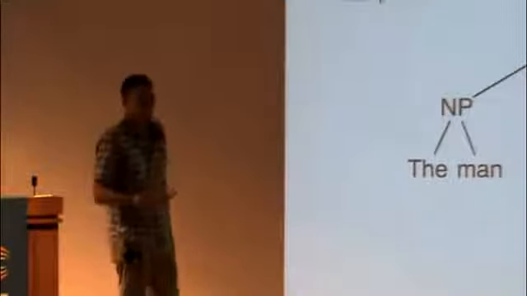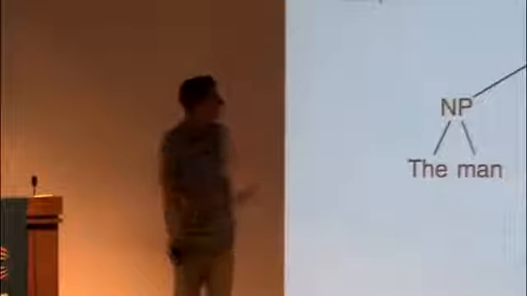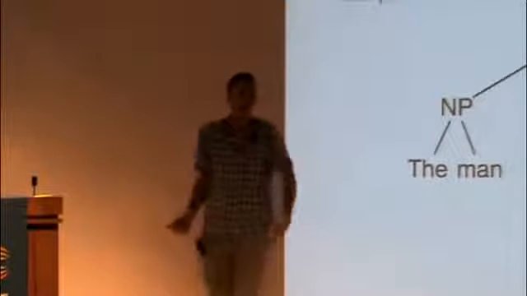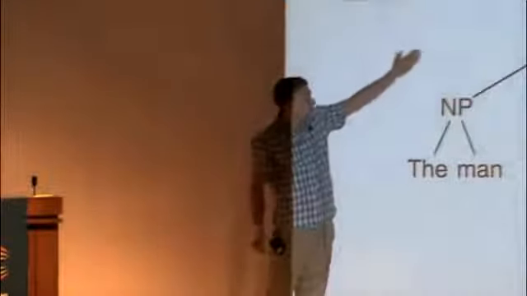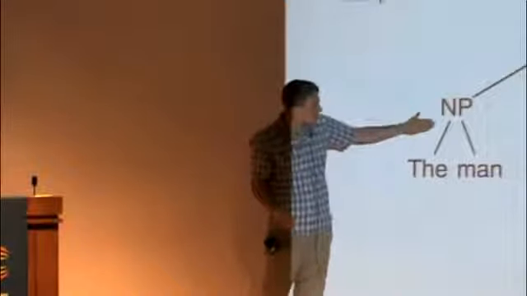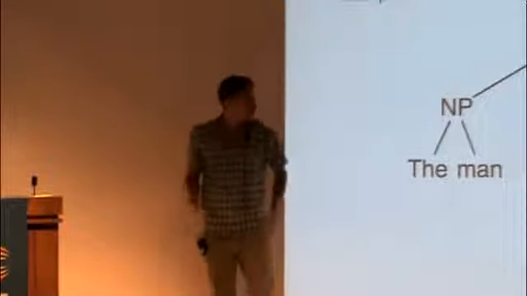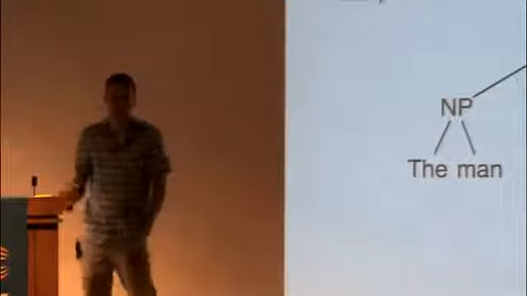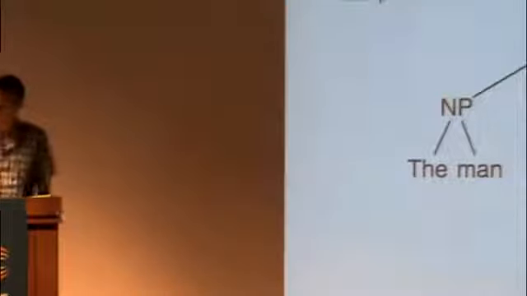This is really useful for, say, machine translation and things like that. We're given a sentence, the man took the book. We want to fit it into a parse tree. So our data is the man took the book. What we want to do is predict the optimal parse, separating a sentence into its noun phrase, its verb phrase, and its other constituents.